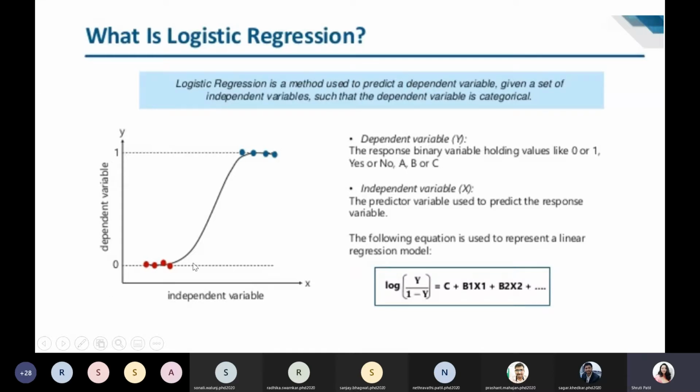Right? So depending upon the values of my input, I will put them into these two kinds of dependent variable categories. Okay, so it is a method used to predict a dependent variable given a set of independent variables such that the dependent variable is categorical. Okay, it is not a continuous value, right? Now, based on this idea only, we have a standard equation for logistic regression as well.